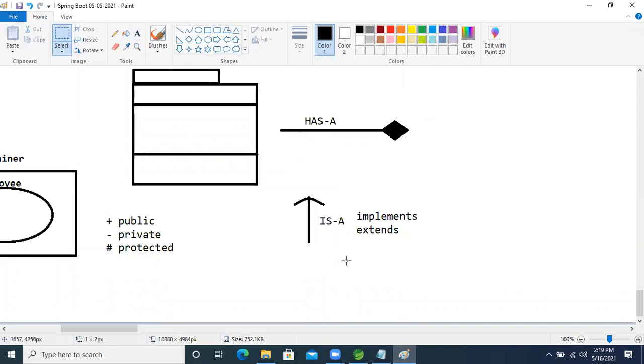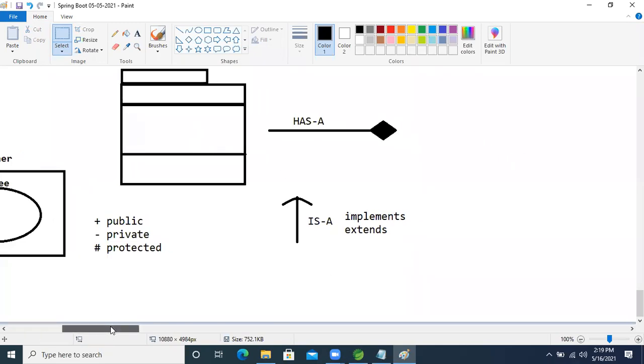If there is an is-a relation between classes, then development will always start from super, meaning parent to child. But if there is an association, meaning a has-a relation, then development will always start from child to parent.